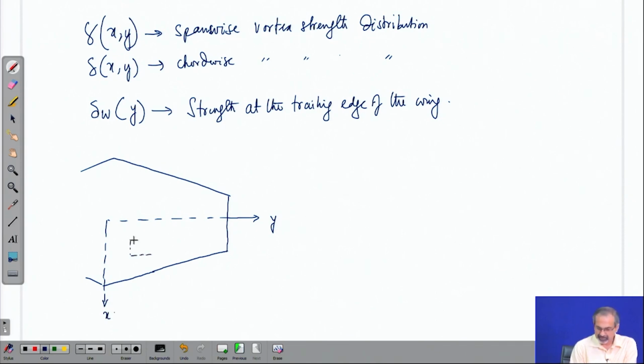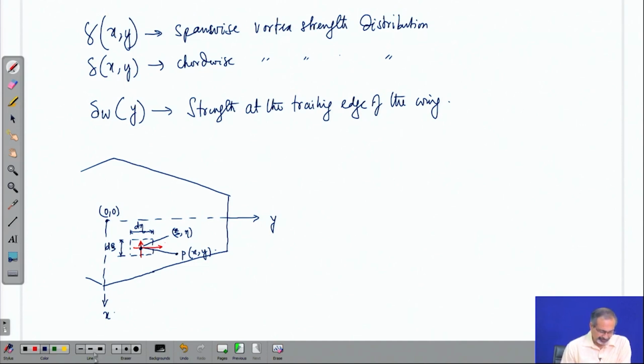So, if you take a small element, on that small element we are going to locate the vortex filaments parallel to x and y directions, and we will assign some dimensions here to that elemental region. Let us call this d eta, let us call this d xi. Let us mark this point as, say, xi eta. This is of course 0 0,